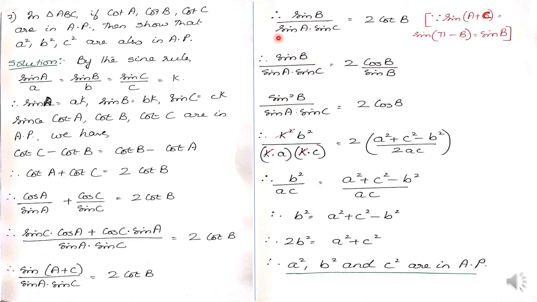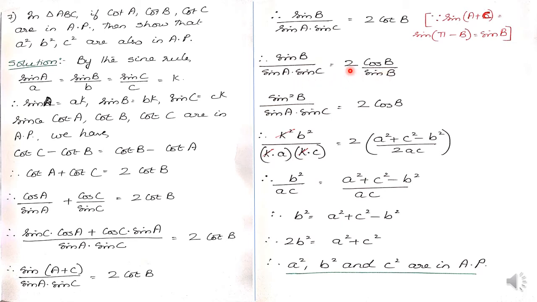Then, sin A plus C is sin B. If you remember, in a triangle, A plus B plus C is equal to pi. A plus C is pi minus B, or sin A plus C is sin pi minus B, as you must be remembering. Now, sin pi minus B, that is the second quadrant, it is sin B itself. So, sin A plus C becomes sin B. You don't have to state so much of the reason when you're writing the sum. You can just write it in one statement like this. So, sin B upon sin A sin C is equal to 2 cot B.